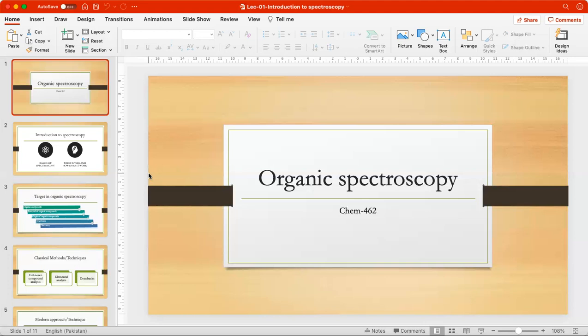Before I go to the basics of spectroscopy, I need to define some goals. What are the goals? Broadly, in this course, understand how light interacts with matter and how you can use this to quantitatively understand your sample. This is the main goal. So the student learning outcome would be that students are able to understand how light interacts with matter and how you can quantitatively understand your sample. This is the first goal.